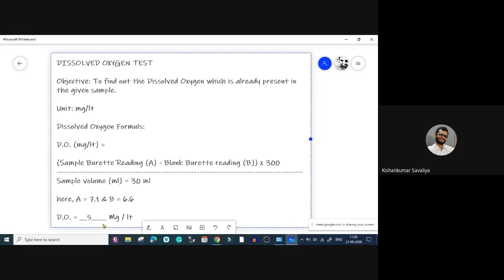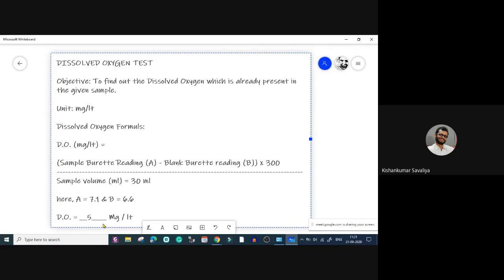It is not necessary, but by experience, if you are doing the practical, and you take a 30 ml sample, it will give a clear-cut and accurate result. That's why. Okay. Otherwise you can also take 60 ml. No, not an issue. But the main concern is the Indian Standard Code, and by research and experience, they have told that we need to take 30 ml of the sample. Okay, for the best practice.